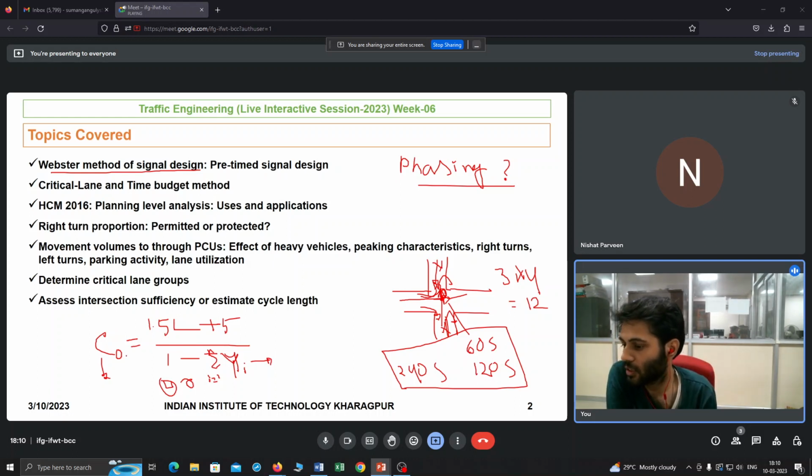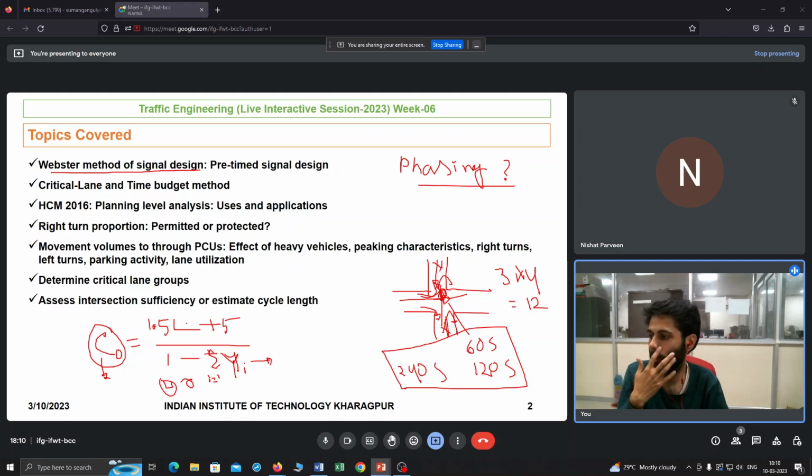But here the question is how to design this, how to decide this optimal signal cycle length, and this is the Webster method of signal design, right? So basically here what we want to do, we want to calculate this. So suppose, if I remove this and draw,